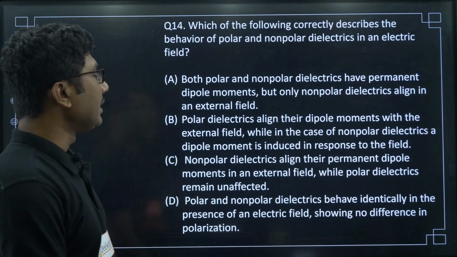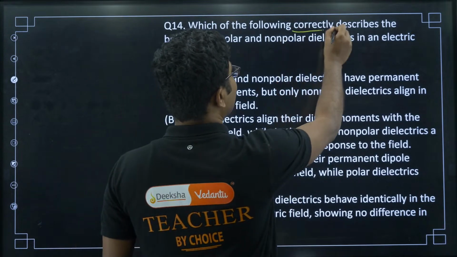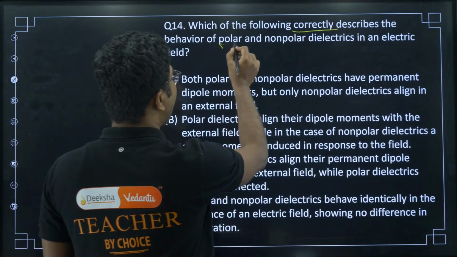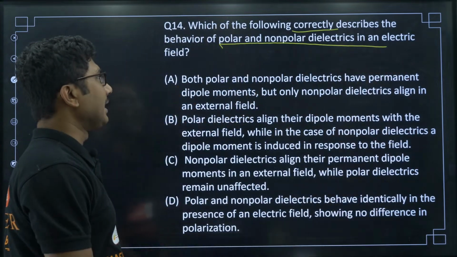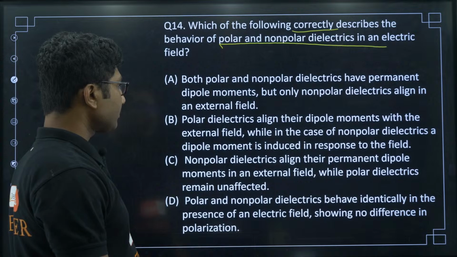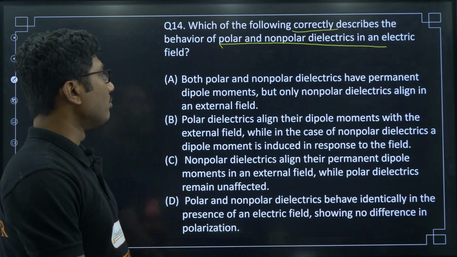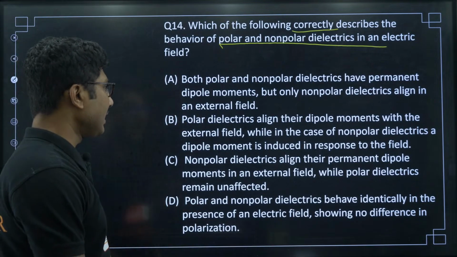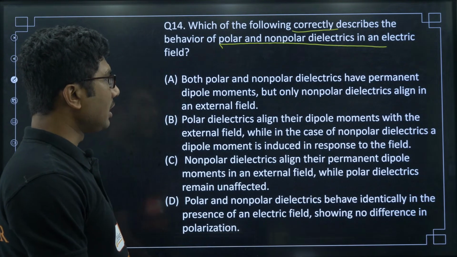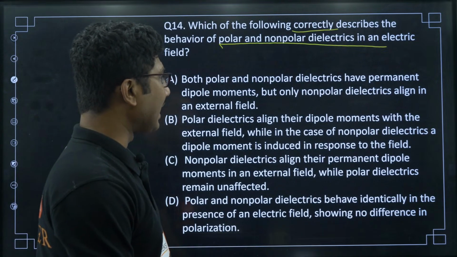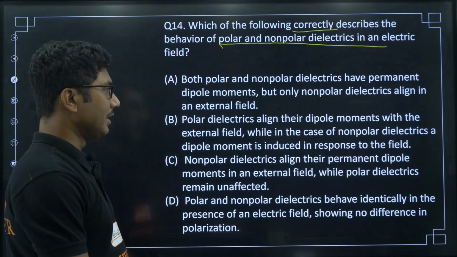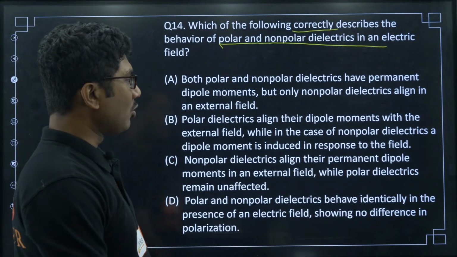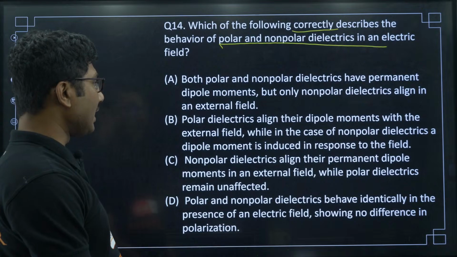Which of the following correctly describes the behavior of polar and non-polar dielectrics in an electric field? Option A, both polar and non-polar dielectrics have permanent dipole moments, but only non-polar dielectrics align in the external field. Option B, polar dielectrics align their dipole moments with the external field, while